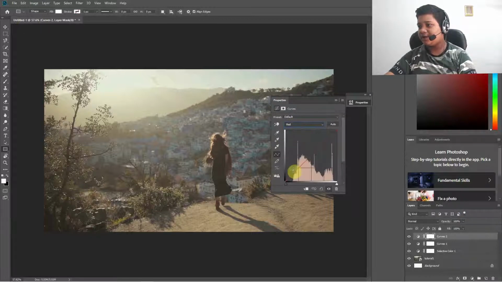So first of all, red. No, first of all I will select green actually, or red. Red. First of all, let's do it on red. Like this, and kind of like of this. So it's getting a little bit greenish kind of. All right. Now let's go to green, and from here